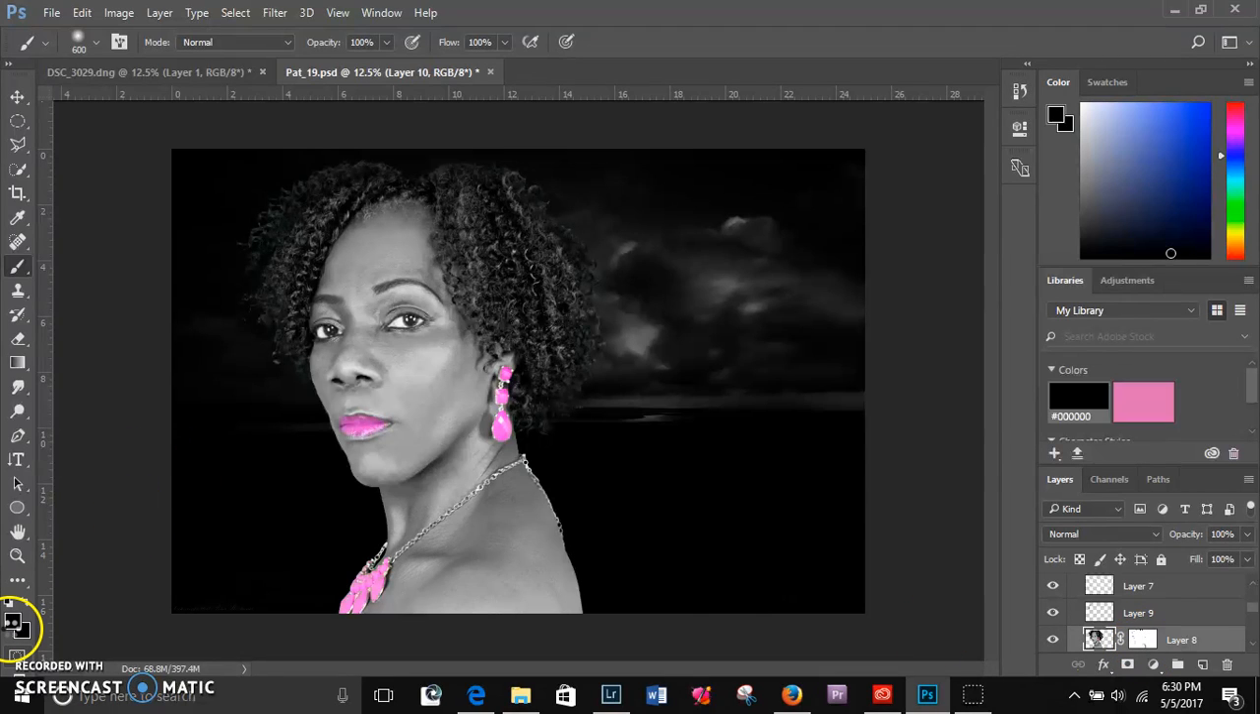Another tip before I go forward, let me make this black and white. Okay, remember this. White reveals and black conceals. Again, I'm going to say that again. White reveals and black conceals. When you use your brush with the black,